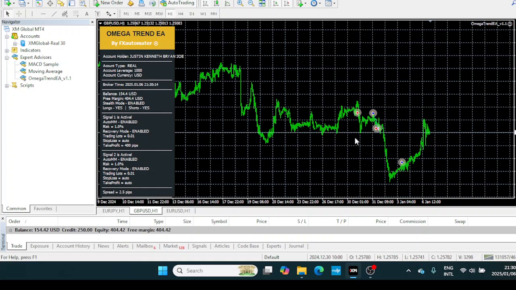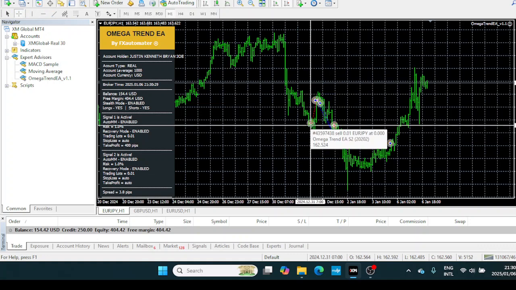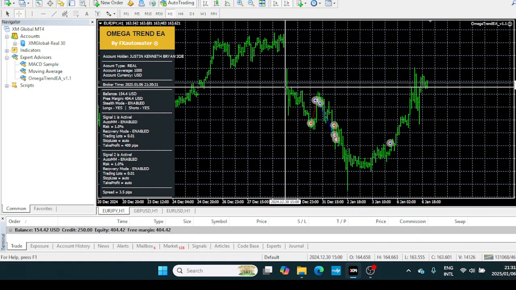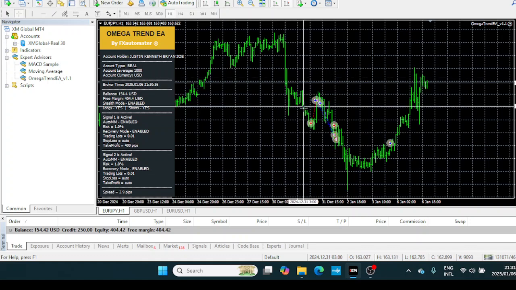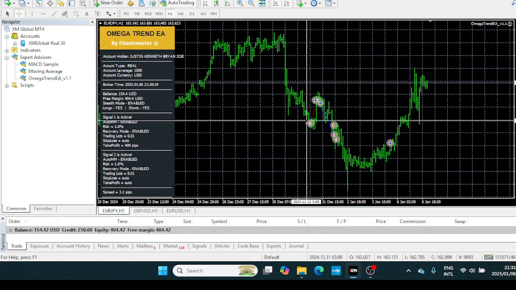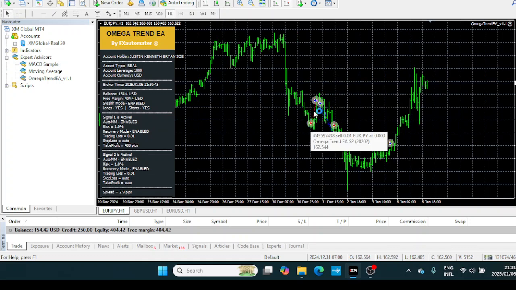I will point out a few things here on the chart quickly. Let's start on Euro JPY. When the bot started trading, it was running, but it only started taking trades over here, which was the 31st. And I actually had the bot run from the 30th, right? So last week, Monday, I had the bot start to trade. But the first signal, the red arrows are sell signals, and the blue arrows are buy signals, right? So when it's a bit of a choppy market,